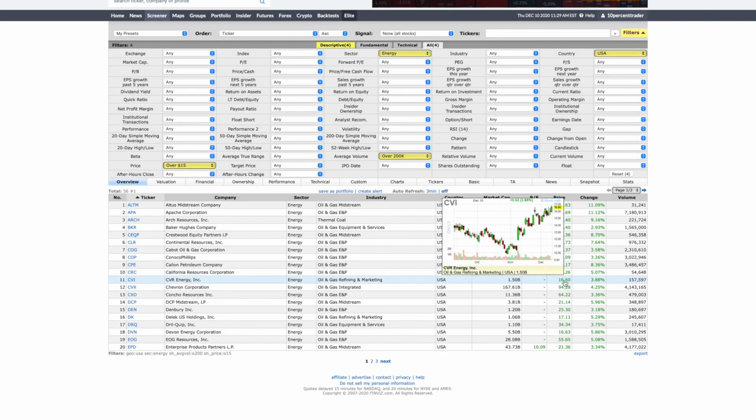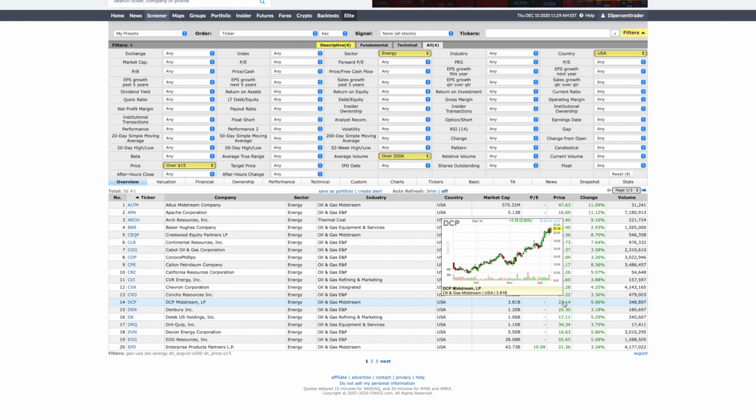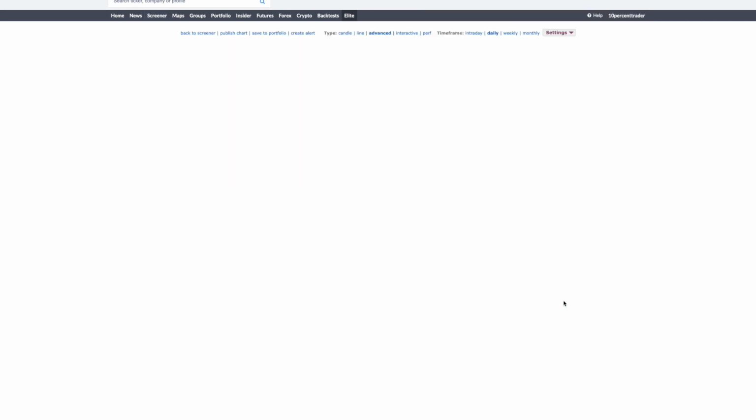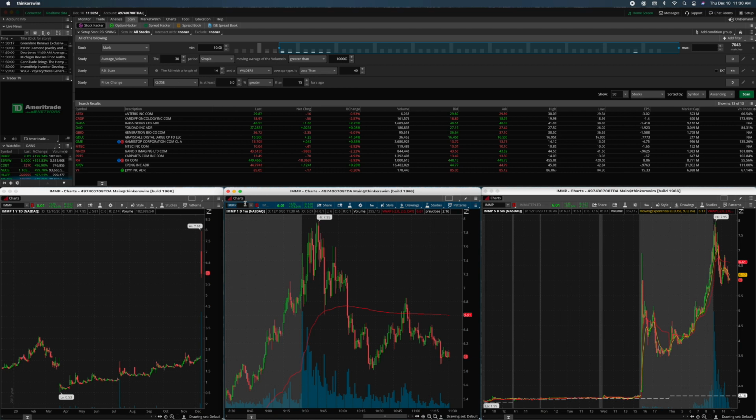On the other side of the spectrum, if we find another good uptrend here, for example, like the one we see here with DCP, it's pretty consistently trending up, higher highs, higher lows. So what I would do is, you can click on this and actually get some more information about the stock, some information about their earnings and their financials. You can see some quick information about the insider ownership and the institutional ownership. But more importantly, for this type of swing trading, what you see is that, again, the stock is in an uptrend. So if we take this back over to the Thinkorswim platform to do some more technical analysis, and we search DCP,